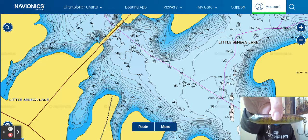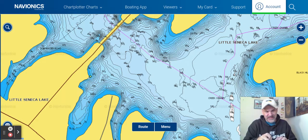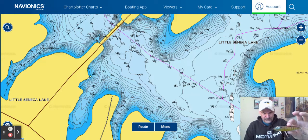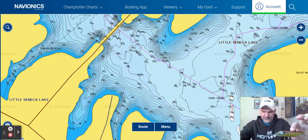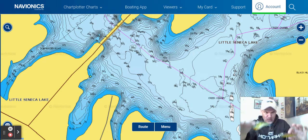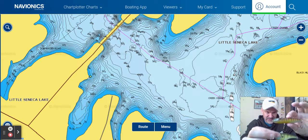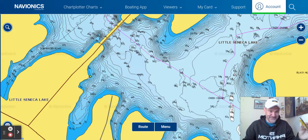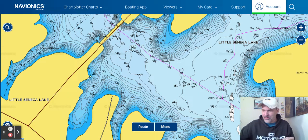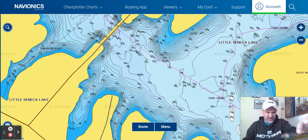Mimics the forage exactly. This is a spook. It's a bluegill pattern. You're going to notice here in the next minute or so the trend, okay? Bluegill pattern. Why? This is the primary forage going on in Little Seneca Lake, okay? It just is. And so you want to make sure, okay? So there's your bluegills. Now, so I have it. I'll match it up. If this isn't working,